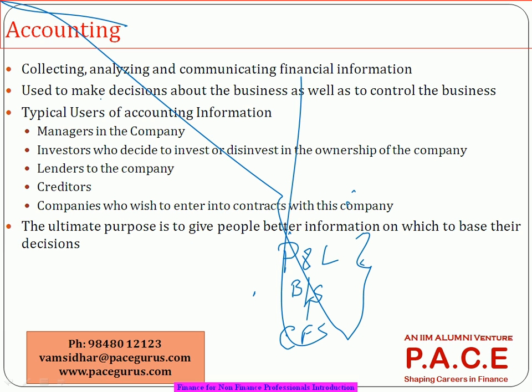So different people use the financial statements. Even the managers use them: how did we perform compared to last year? Did we grow or fall? Internal people use the data. Investors use it. Lenders use it. Creditors use it, because most of the time a creditor is someone who is giving raw materials on a credit basis. For a company, I purchase raw material, but most of the time I don't pay cash for it. Probably I'll take a one month credit period, and after one month I pay my vendors.